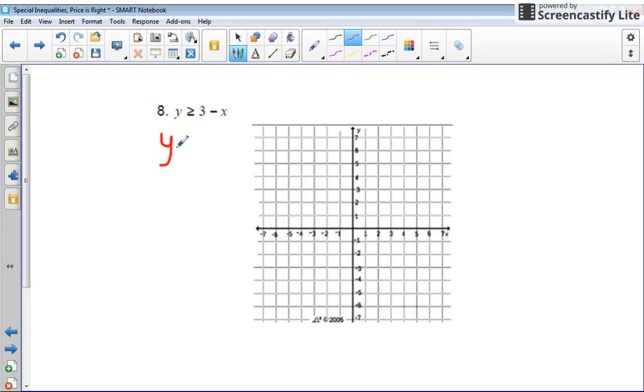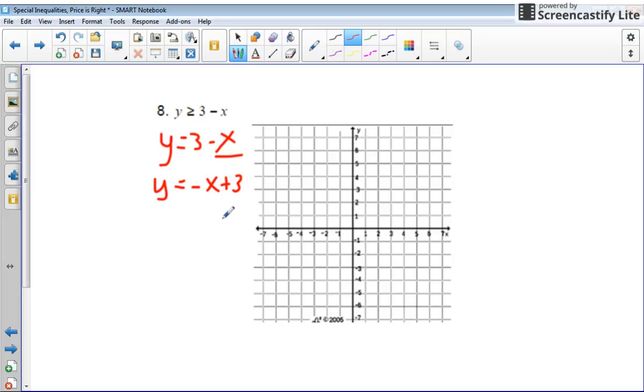So, this looks an awful lot like the linear equation y equals 3 minus x, which, if we rearrange that in slope-intercept form, ends up looking like y equals negative x plus 3, right? Again, that negative sign has to stay with the x when you flip this. That's the associative property of addition. Anyways,